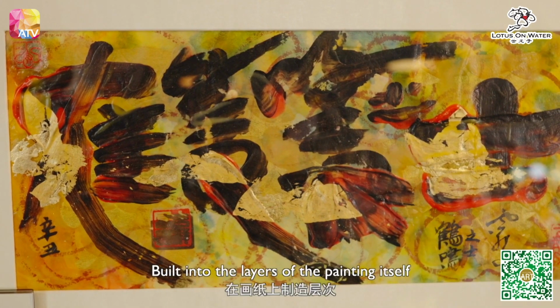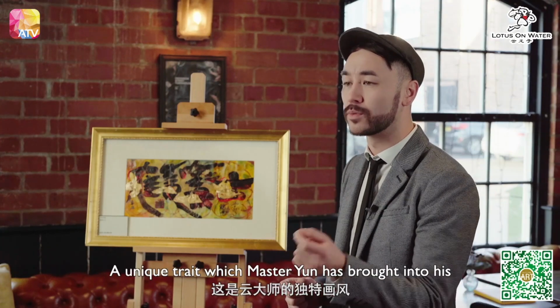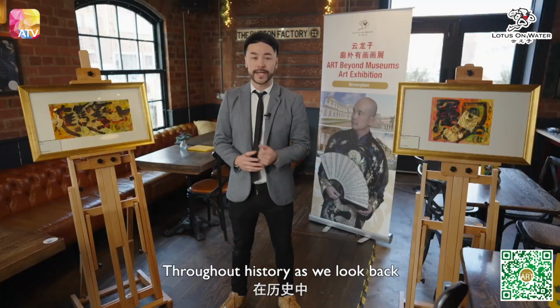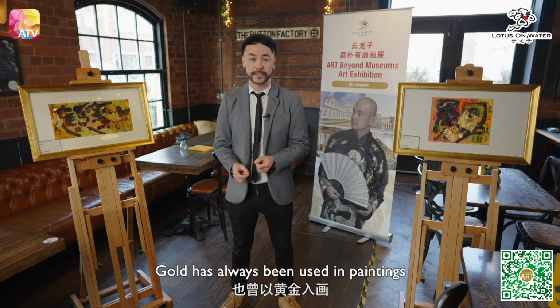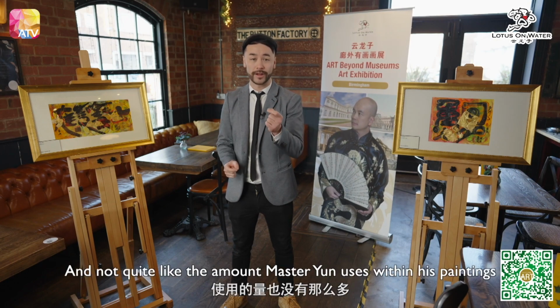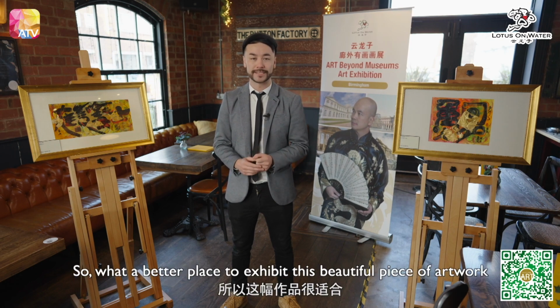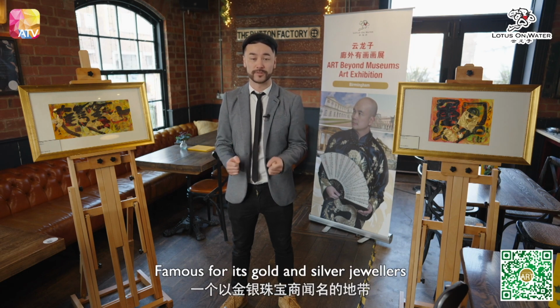Built into the layers of the painting itself. A unique trait which Master Yun has brought into his Chinese paintings and Feng Shui paintings. Throughout history, as we look back, the ancient Egyptians, and throughout time, gold has always been used in paintings, but not quite like Master Yun uses it, and not quite like the amount Master Yun uses within his paintings. So what a better place to exhibit this beautiful piece of artwork than Birmingham's Jewellery Quarter, famous for its gold,